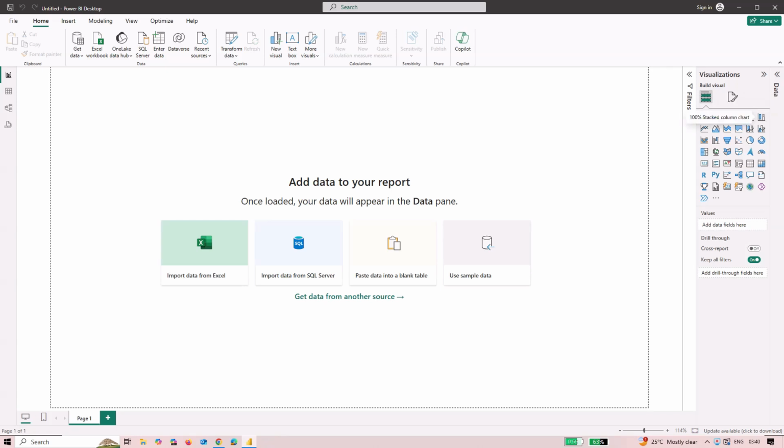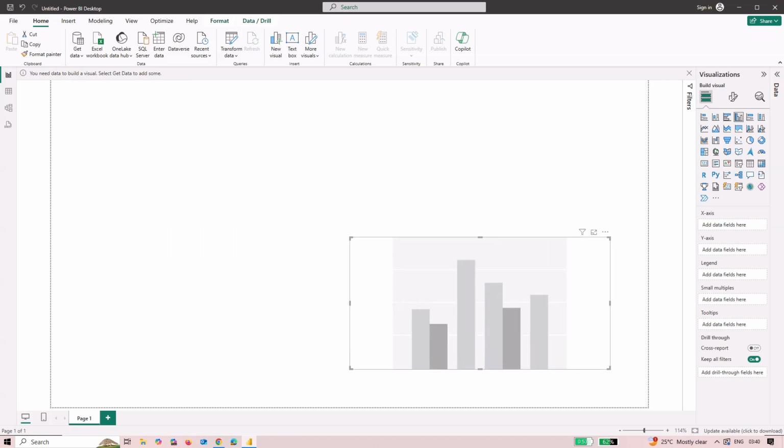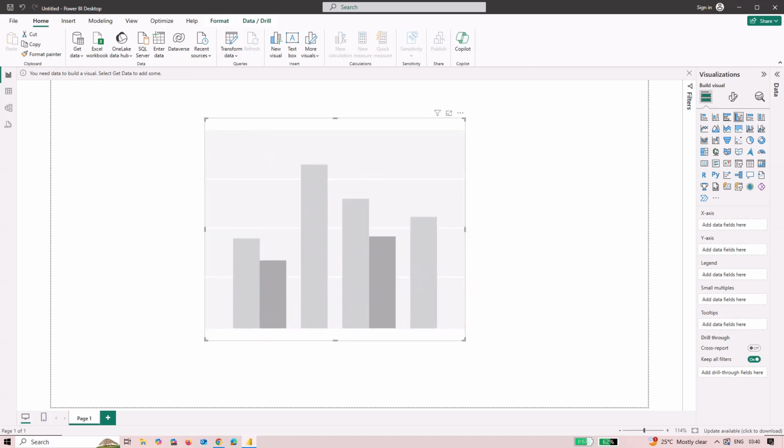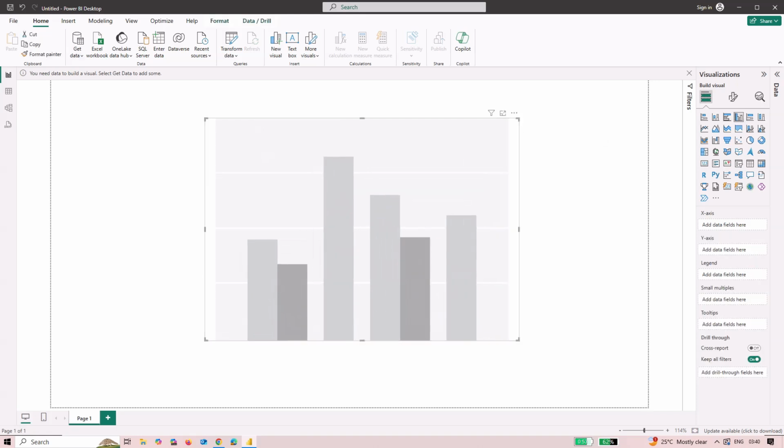Ever struggled with comparing multiple categories in your reports? Want to make your data speak visually? Well, today we are diving into one of the most powerful and widely used visuals in Power BI, the clustered column chart. By the end of this video, you will be able to understand what a clustered column chart is, create one step by step in Power BI, customize it for maximum impact, learn when to use it, and avoid